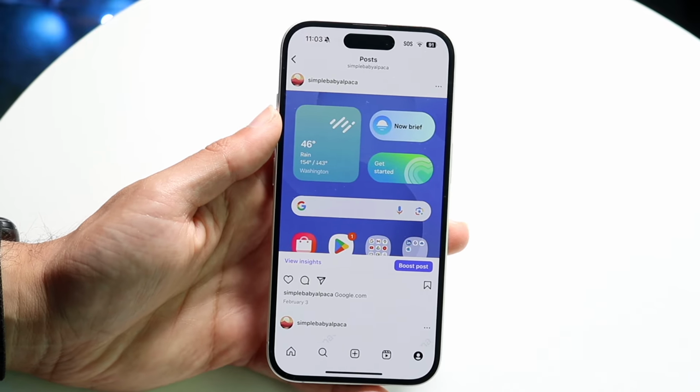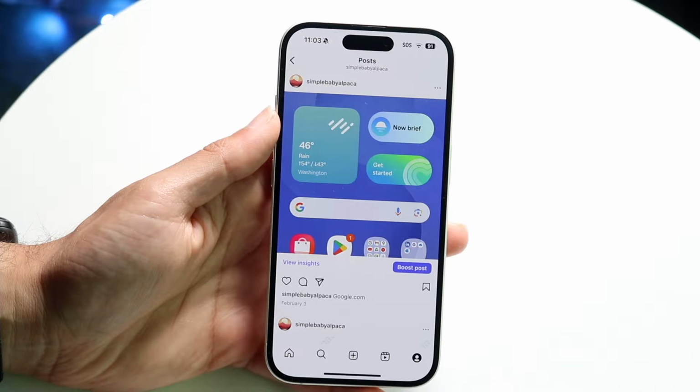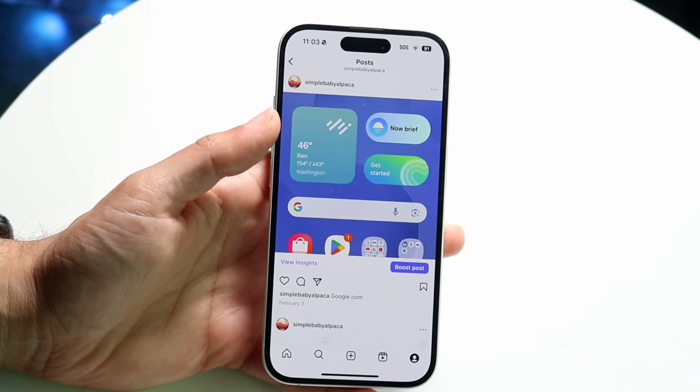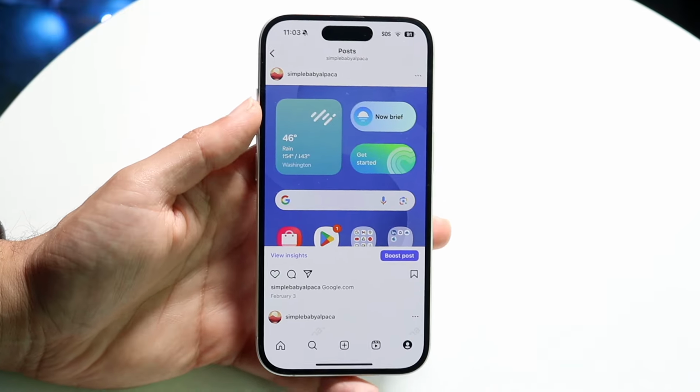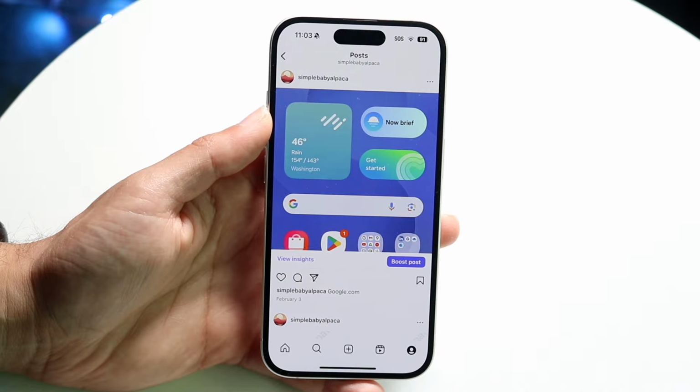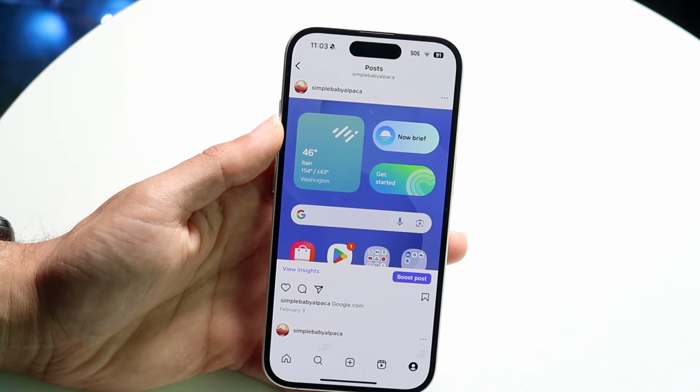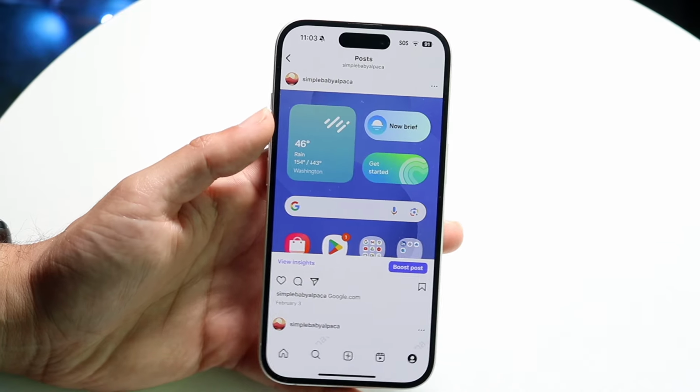Sometimes there might be a photo or some sort of caption out there that might not allow you to go ahead and basically do that. So just make sure that's not the case. That's kind of the number one thing I'd recommend doing. Now, if you do that and that doesn't seem to be causing any problems, the next thing I'd recommend doing